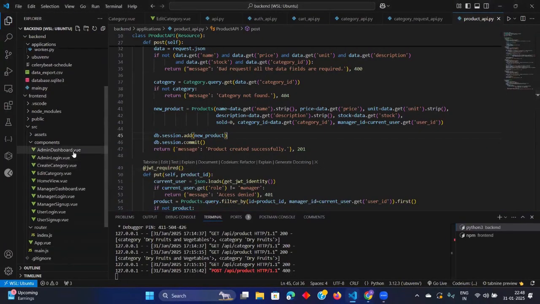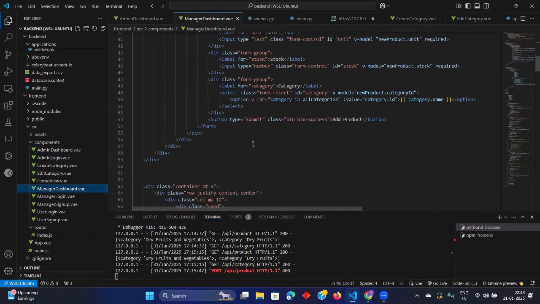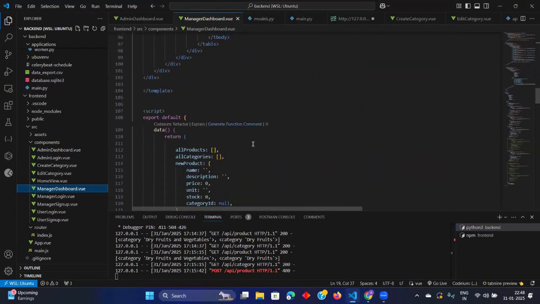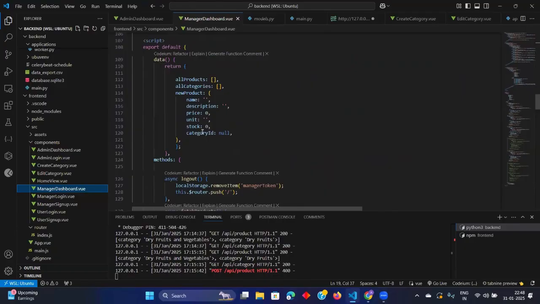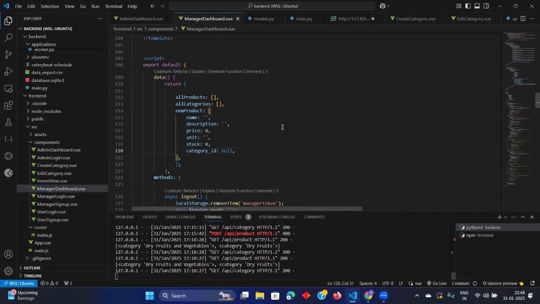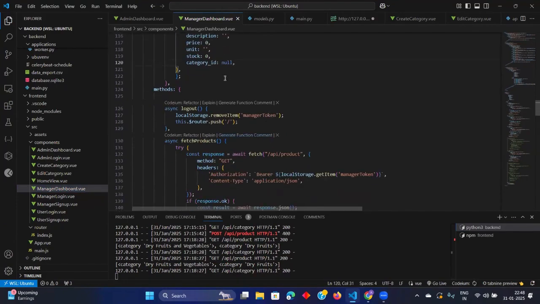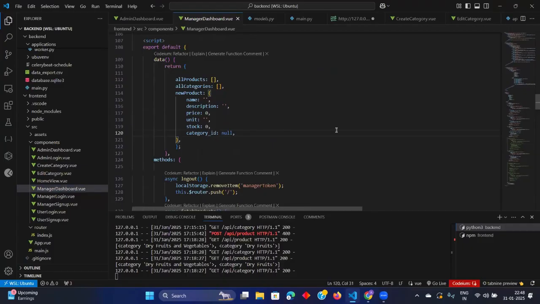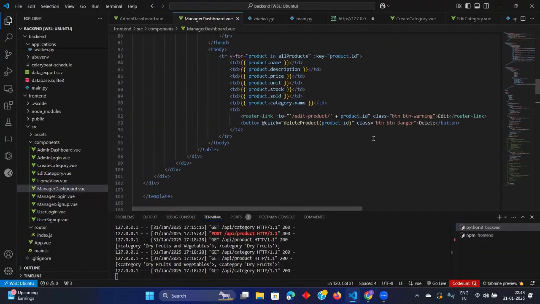The front end, manager dashboard, and new product. Okay, category underscore ID. Okay, this is all we are going to pass in the backend.